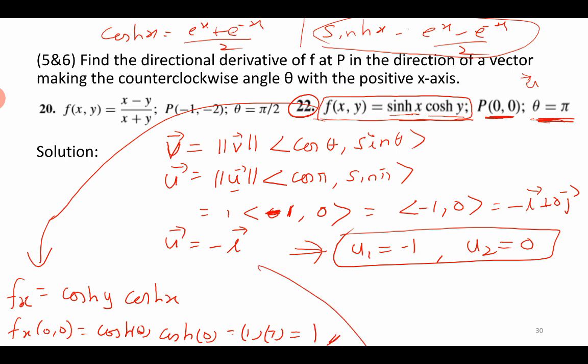Similarly, we will find fy, differentiate with respect to y. So sine hyperbolic x will be a constant, and differentiate cosine hyperbolic y; it will be again sine hyperbolic y without any sign. Therefore, fy at (0, 0), substitute. So sine hyperbolic